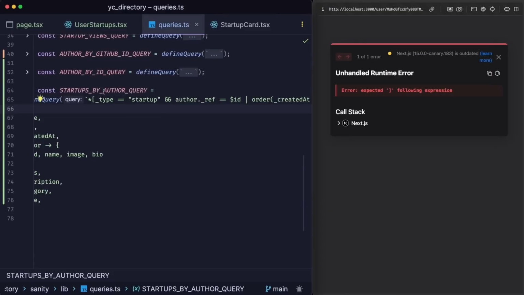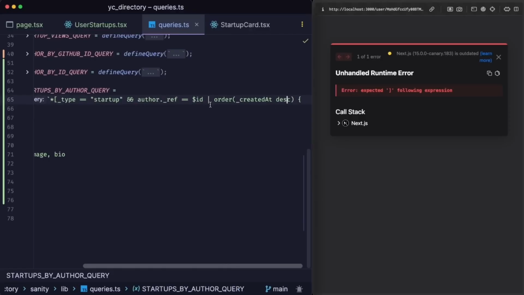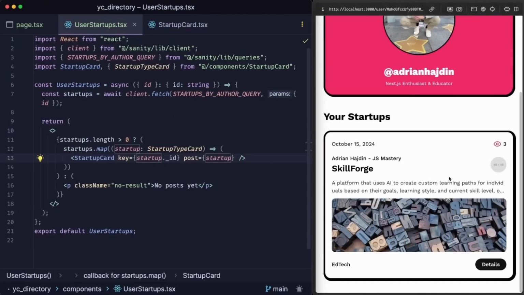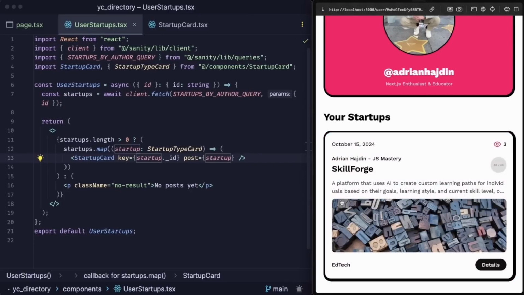Maybe we messed up the query while copying it. We're starting with this square bracket here, but we're never actually ending it. So let's end it here and save it. And there we go. We immediately get back our startup. And as you reload, you'll see that the top part loads immediately, but right here at the bottom, there's a